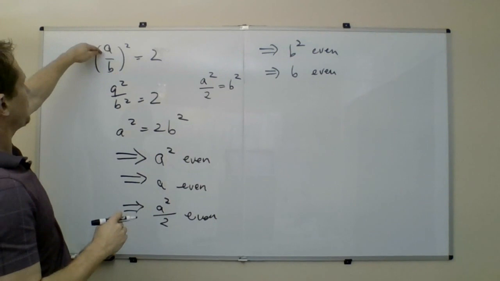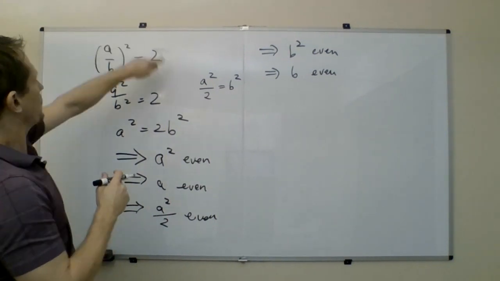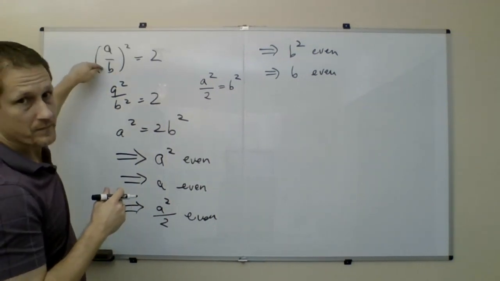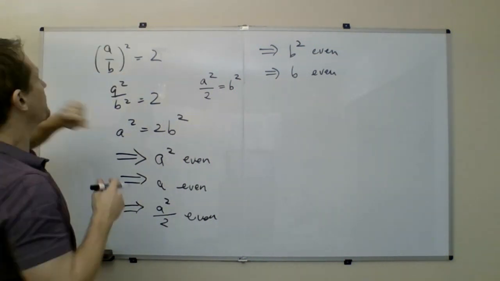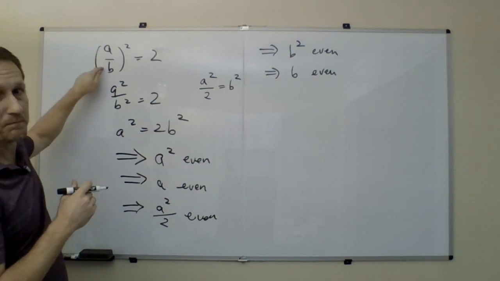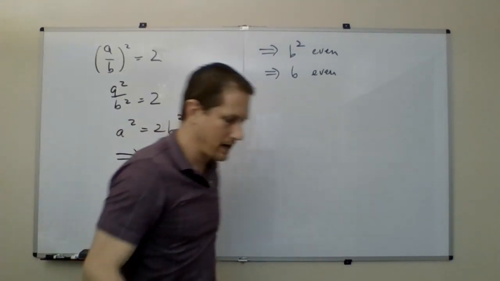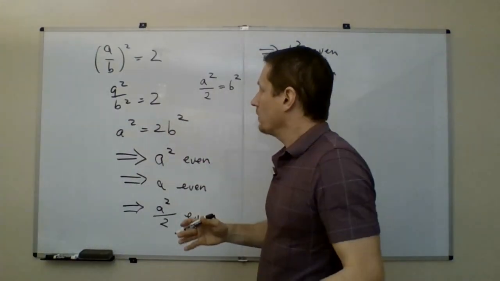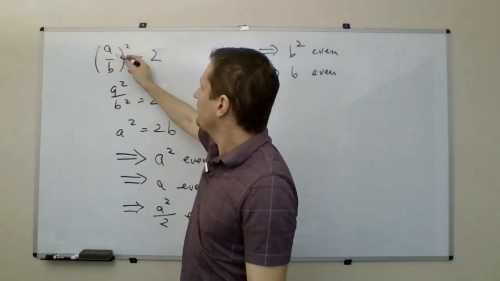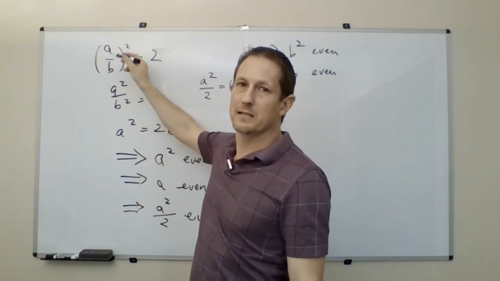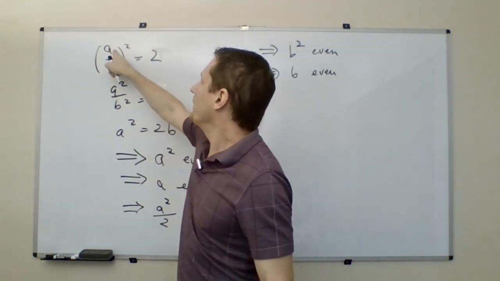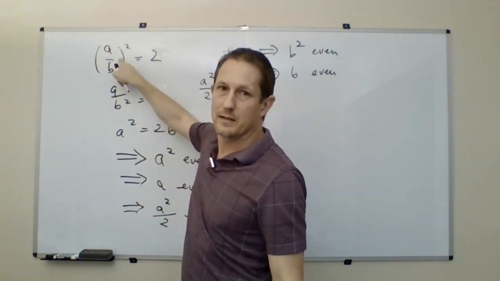We've just shown that if a and b are integers such that (a/b) squared equals 2, then a and b must both be even. So we say, all right, we screwed up. They have a common factor of 2 at least, and there may be some other factors. So let's go ahead and cancel out all the 2's in the